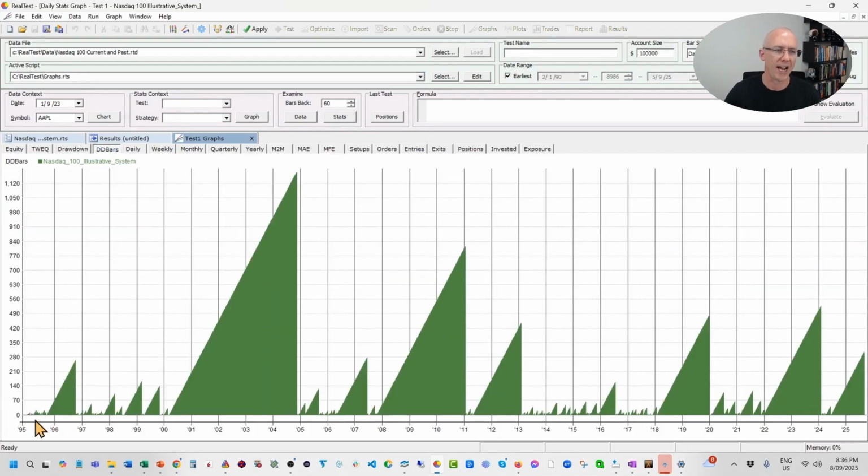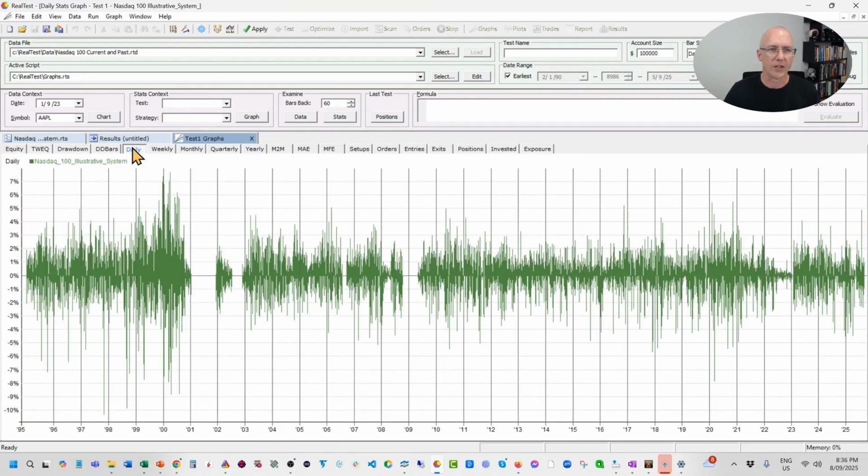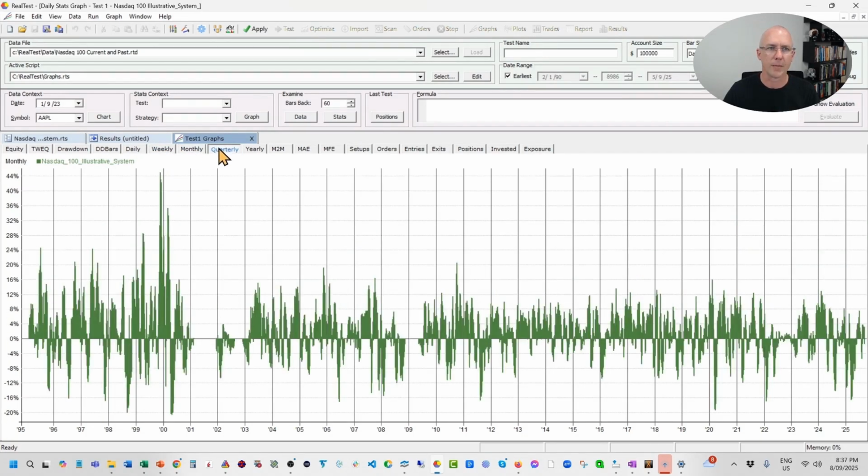This chart shows how many days the system has been in drawdown, or essentially how many days between equity highs. So you can see there was a long stretch following 2000 when the tech bubble burst. It took several years for this system to get back to a new equity high, and then this dropped down to 0 again. We can also see the daily returns, or the distribution of daily returns, weekly returns, monthly, quarterly,